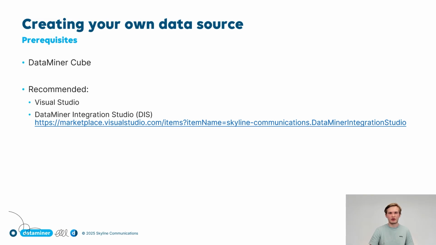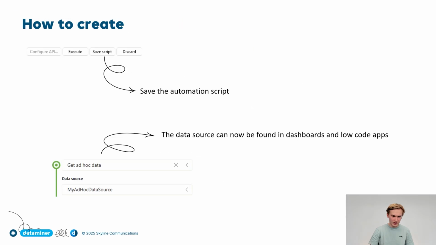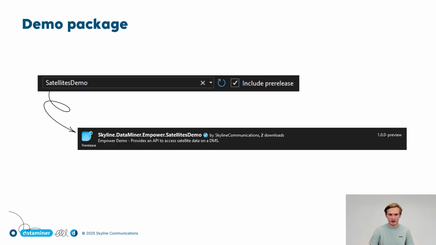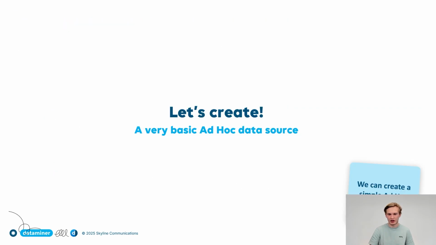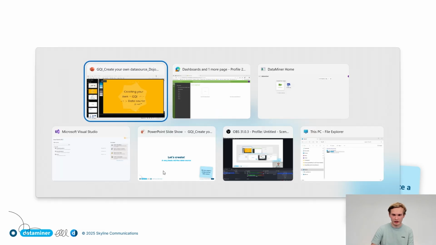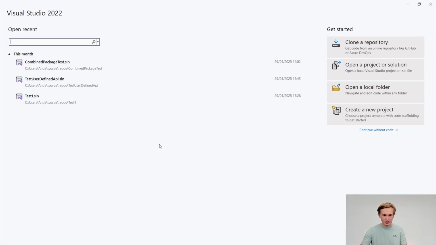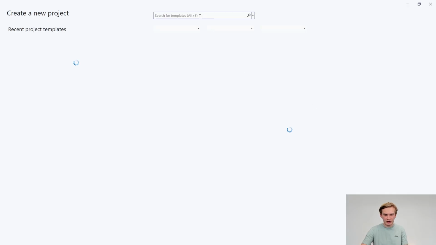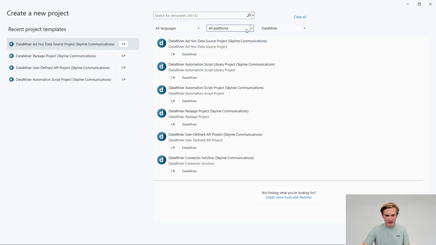as there is a sort of editor in there, but we highly recommend using Visual Studio together with DIS, or DataMiner Integration Studio, which will enhance your ability to create these ad hoc data sources. In the slides, you can find a description on how to do this, but I will show you in Visual Studio itself. So when you are in Visual Studio and you have DIS installed, you will see that if you